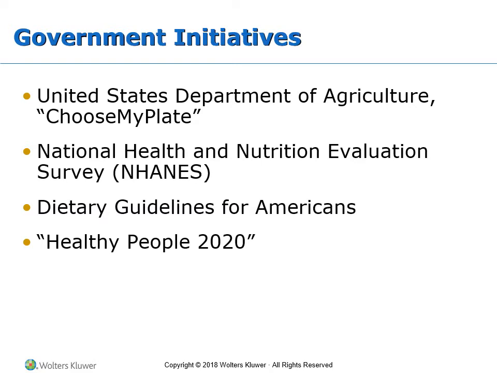We do have the National Health and Nutrition Examination Survey, or NHANES. Again, this is a survey of a sample of the population that tells us what people are actually doing, what they're eating too much of, too little of, etc. And part of that basic education and guidance is the Dietary Guidelines for Americans. Remember, these come out every 5 years and provide basic dietary advice and recommendations for the population as a whole, not for individuals.